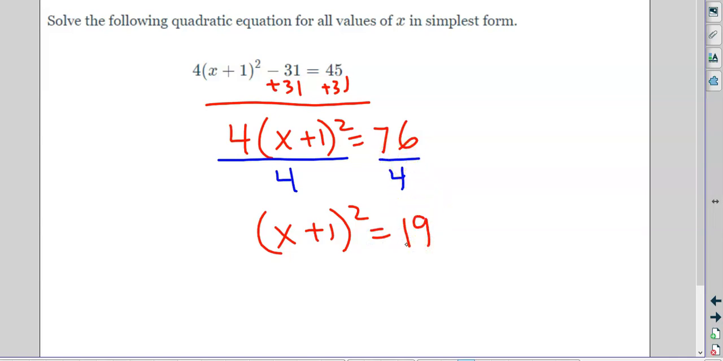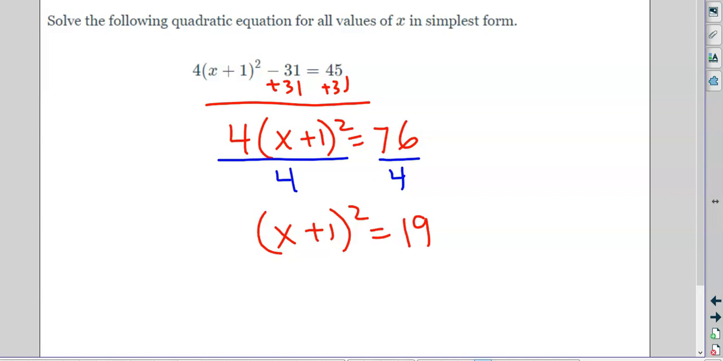Is that right? Did I do that right? I need a calculator. 45 plus 31? 76 divided by 4? Okay. All right, I was double checking myself because this next step is where it starts to get